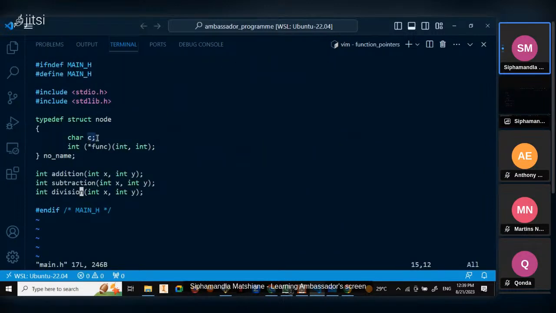I had a condition, and I also had a function pointer that points to a function that returns an integer. The function took in two integers. So in that case, all of those functions had the same input arguments, an integer and an integer. So what happens in the case whereby you don't know the